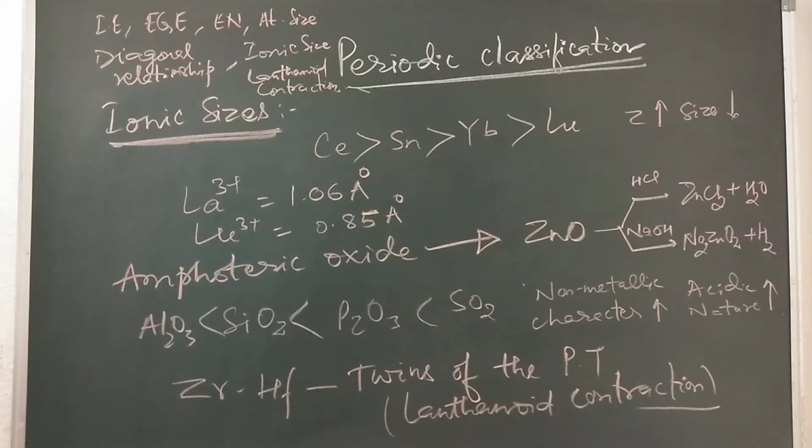Next they ask is electron gain enthalpy. It is the change in energy when an electron is added to an isolated gaseous atom or ion to form an ion. It can be either negative or positive depending upon whether the species that is formed is more stable or less stable. Chlorine has the maximum negative electron gain enthalpy, even more than that of fluorine. So keep in mind the trends of electron gain enthalpy, like the second electron gain enthalpy of oxygen is positive. That has been asked in IIT, so do keep it in mind.